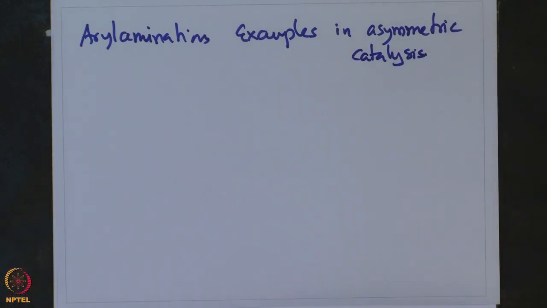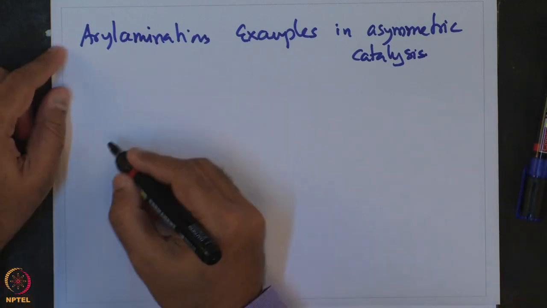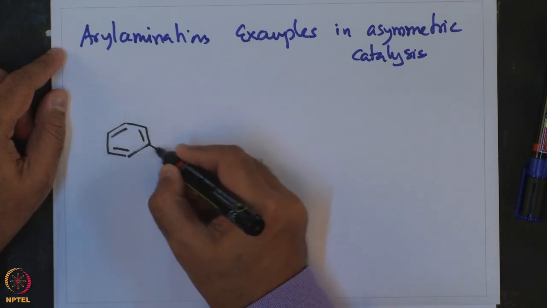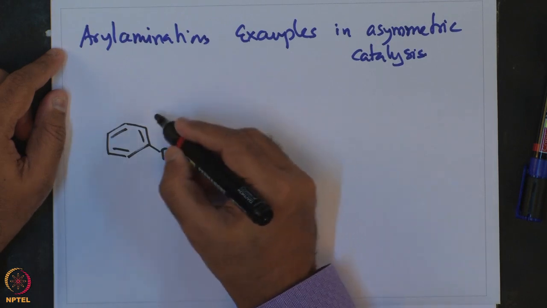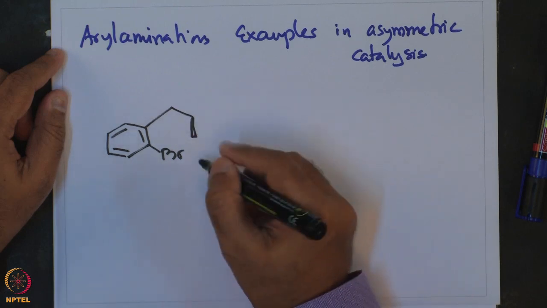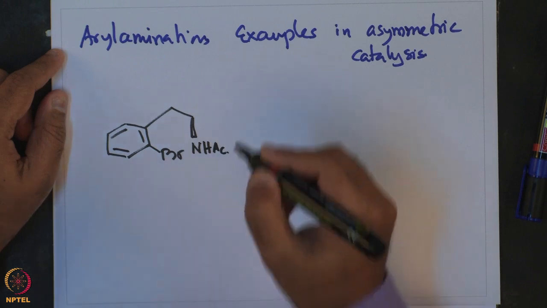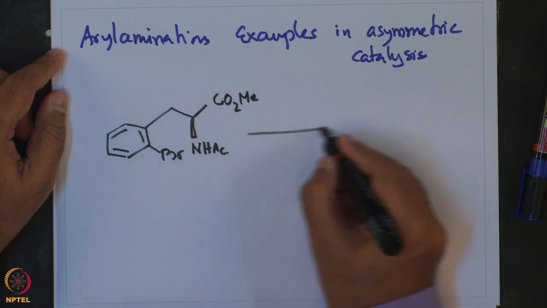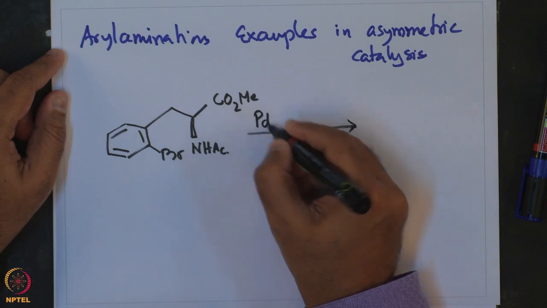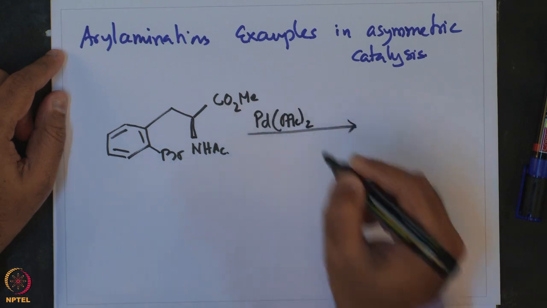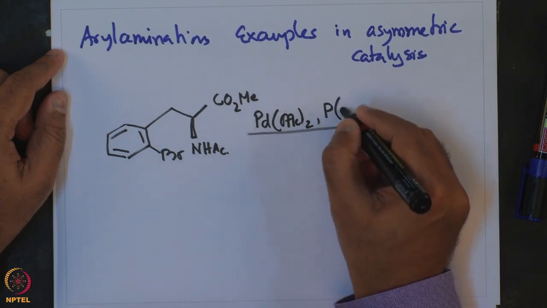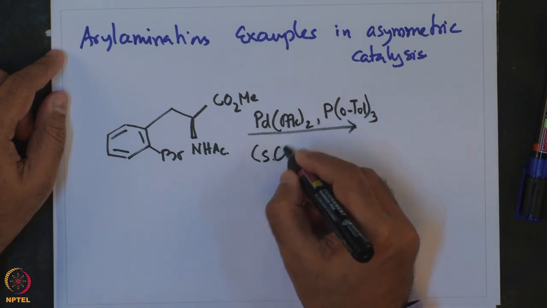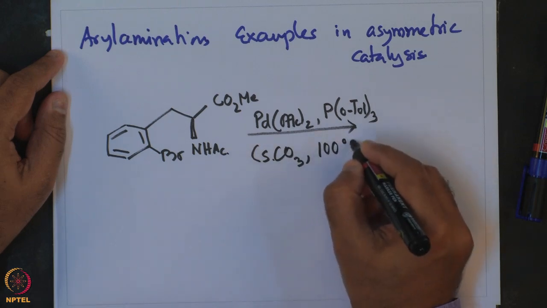This is illustrated in this example, containing phenyl bromide, NHAc, CO2Me, with palladium acetate as catalyst and a palladium o-tolyl phosphine ligand in presence of cesium carbonate at 100 degree centigrade in toluene